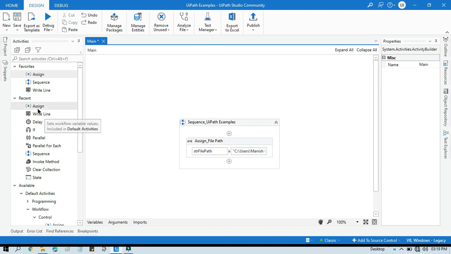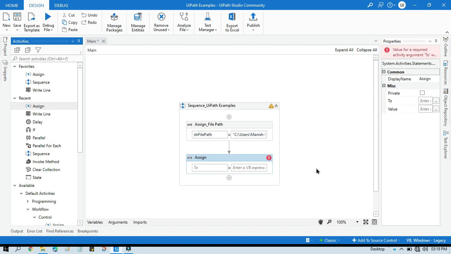Now we need to take one assign activity where we can write our VB expression to get a specific file type. It can be only text files, only Excel files, only zip files, based on your work.